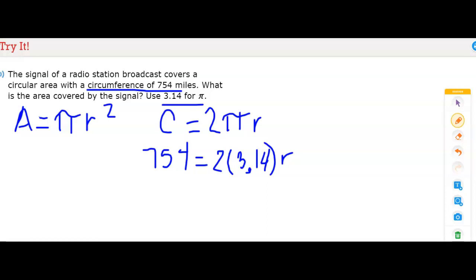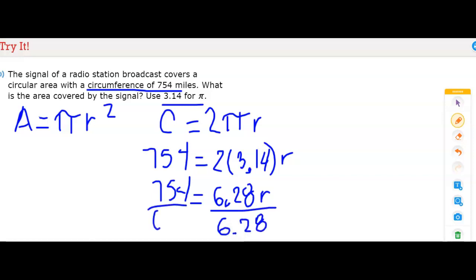We have 2 times 3.14, and that will give us 6.28. So 6.28 times r is equal to 754. Now we need to solve for r, so we're going to do the inverse, which is divide. We divide by 6.28 on both sides of the equation. That cancels out, so we have r is equal to